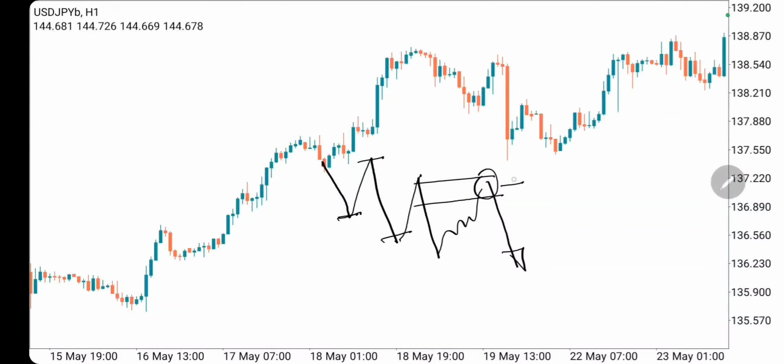So this is mitigation. This is the principle of mitigation, a principle whereby price is expected to come back to fulfill orders that are left open or pending by institutional traders, big banks and hedge funds. Okay, that is it. So that's why we have the principle of mitigation. We have mitigated zone,